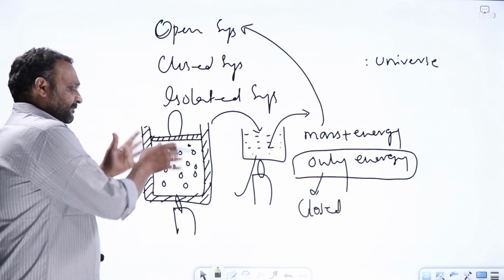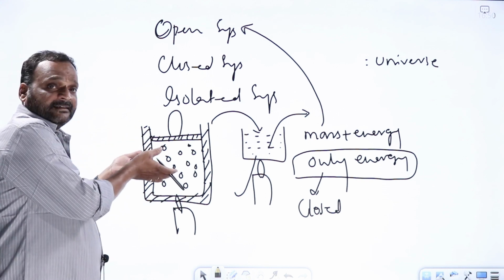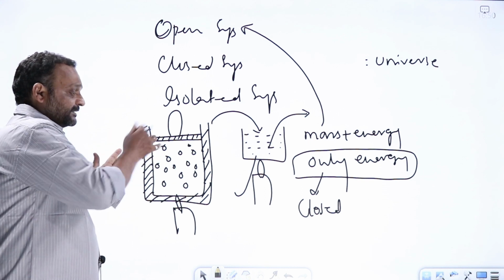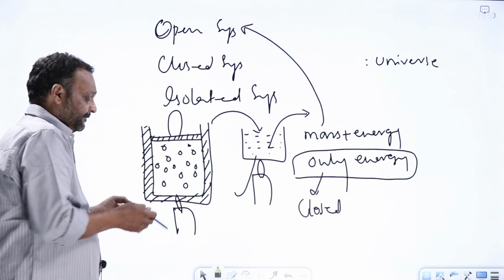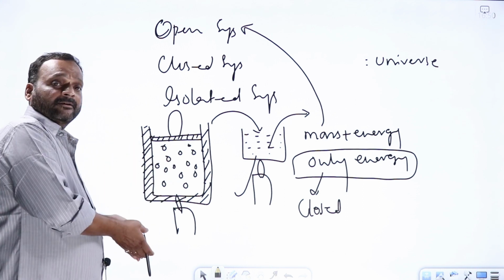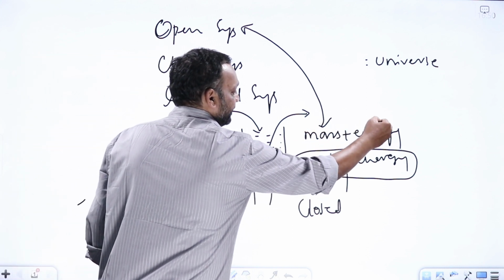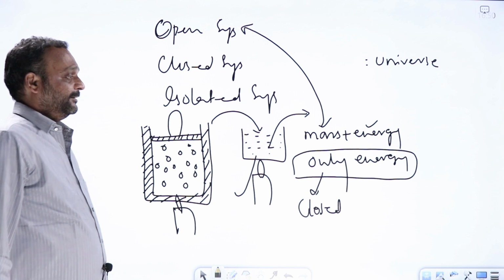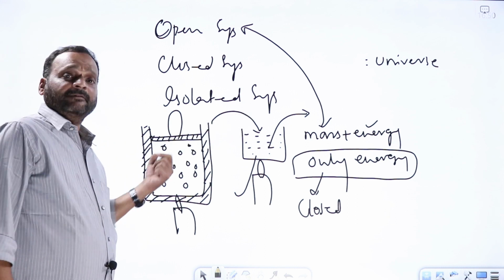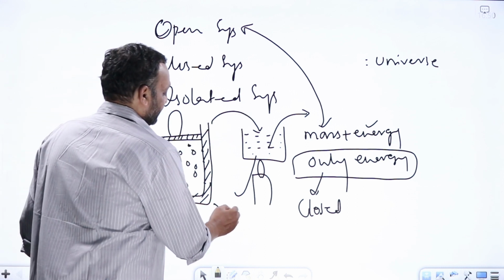Here, what you call the system is a closed one. You cannot add any gas or take out any gas, which means no mass can be exchanged with the surroundings. Say you cannot heat it or cool it down, which means neither mass nor energy can be exchanged. If mass and energy both cannot be given or taken, such a system is known as an isolated